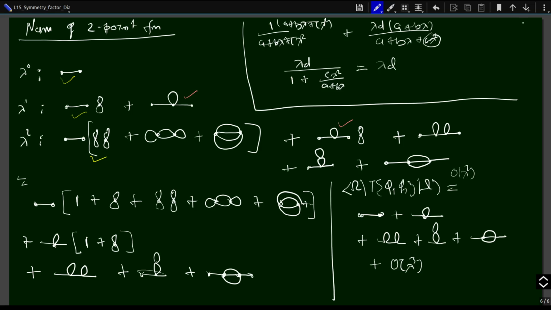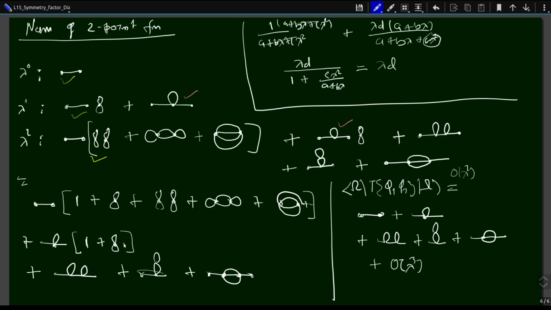So this is true for any endpoint Green's function and any order that you want to do. If here itself you wanted to stop at order lambda, what would you have done? You'll have the first piece, and you have this second piece coming over here. The lambda square is ignored, so all these things related to lambda square will not be there. So only 1 plus this 8 diagram, and in the second piece just the 1, not the 8 diagram, because you only want to do it till